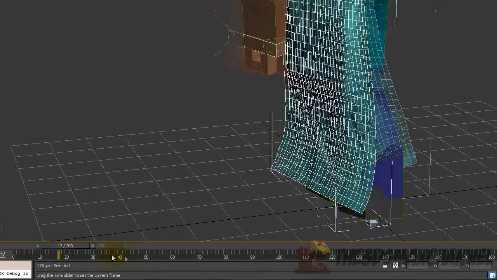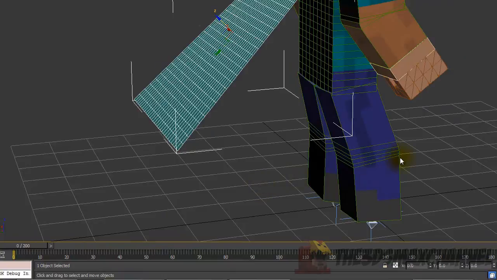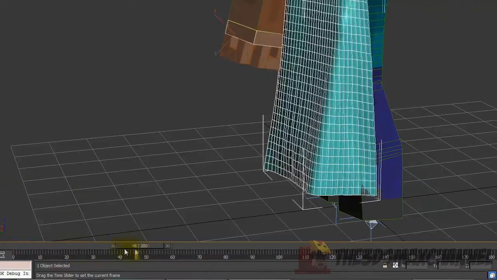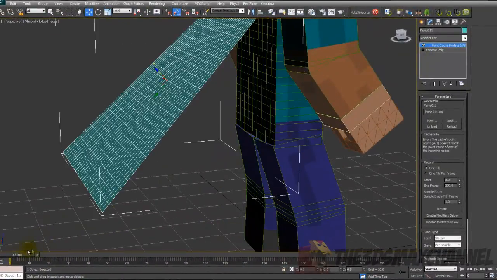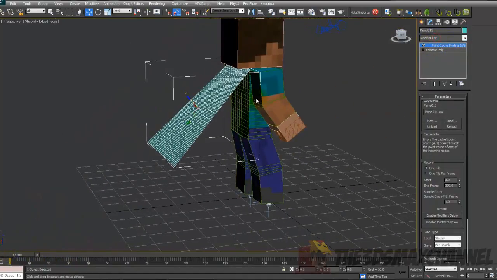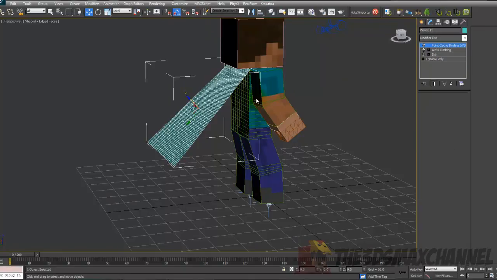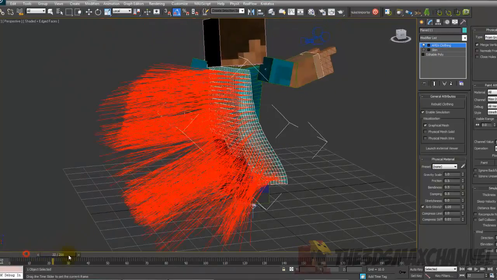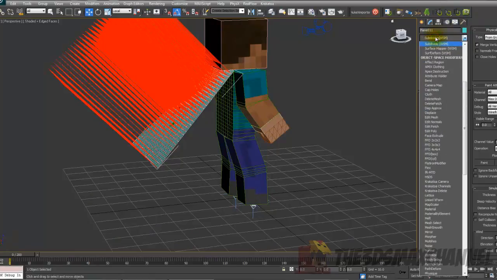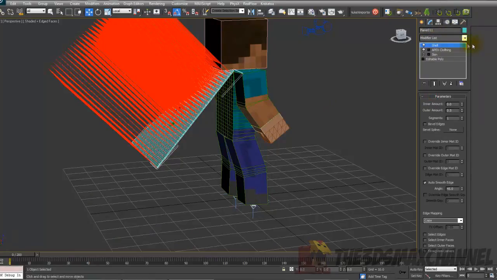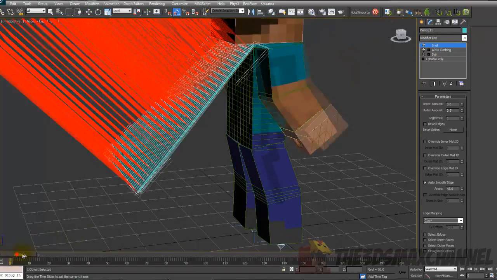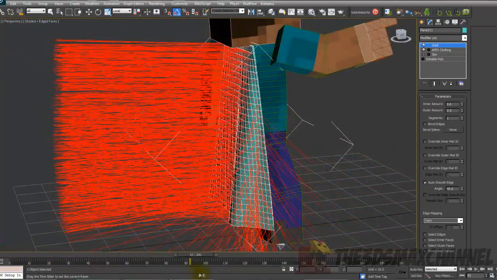Yeah, if you're going to use a shell, I'd recommend you do it before the point cache, or if you're not going to use the point cache, make sure you put it on the shell afterwards. But if you're going to use the point cache, I'd recommend you add the shell before you do the point cache, because it looks like you can't add it afterwards. So yeah, I'll just quickly show you the shell on it. If you're going to add the point cache, add it after you've added the shell, or else it won't work. So you can see it's still using the shell with the animation here,